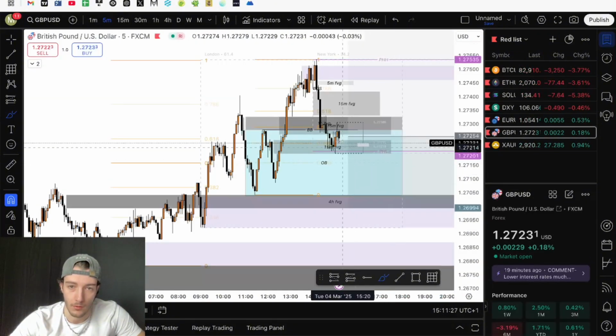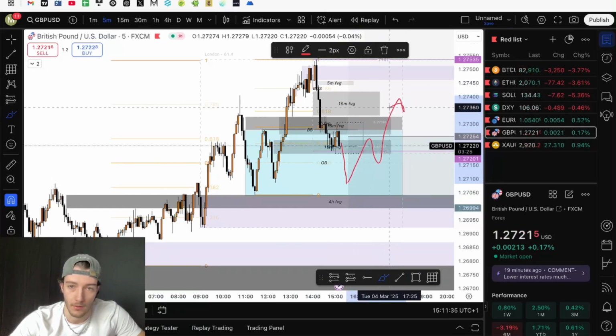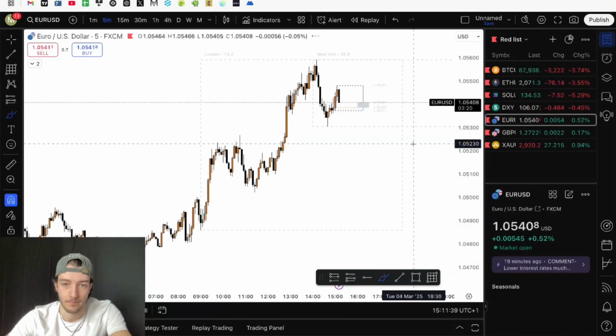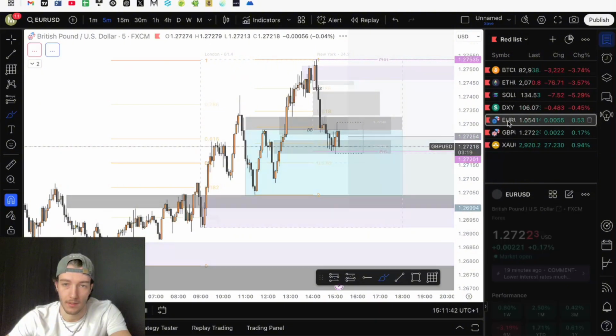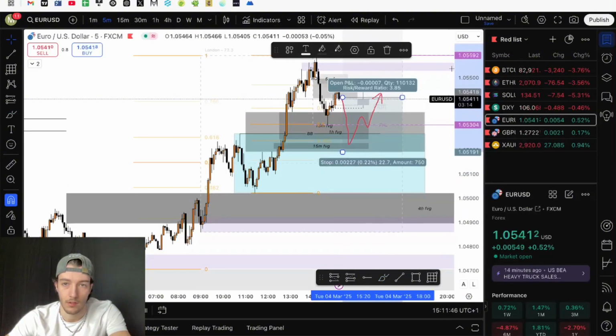Same thing on GU. It will probably come down, maybe sweep this low here, or maybe even tap into this 4-hour fair gap, then break structure and move higher. The other scenario would be on these pairs that the dollar, come on bro,